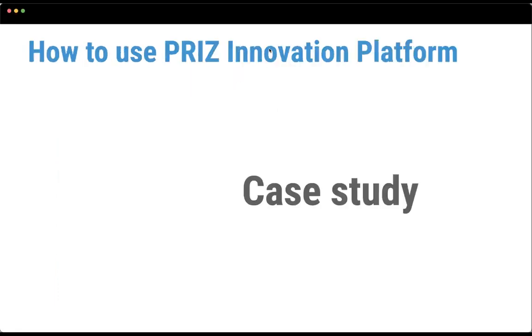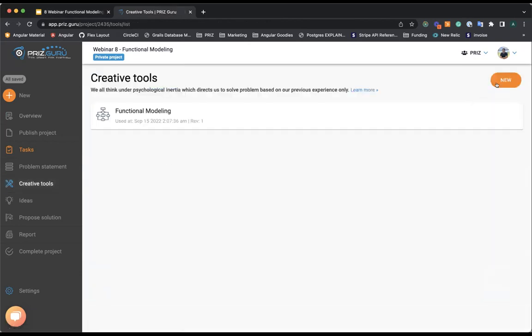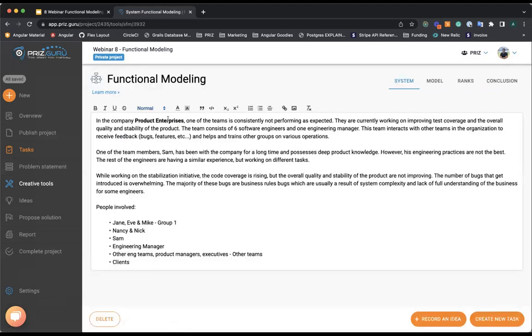All right, let's jump to an example. I already created the project for our use case, and to save some time, I already have the description. So we created the tool in here, and the functional model is available in here by adding a new tool. It's already created. I added the description, and on purpose, the example we're trying to discuss here today is